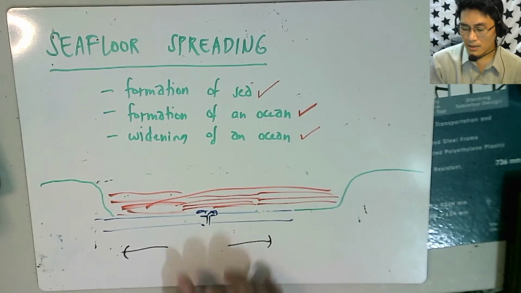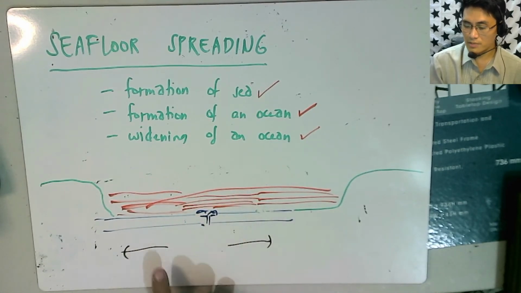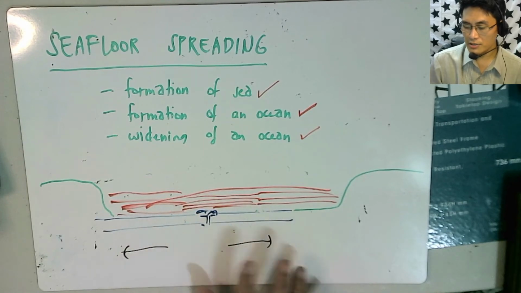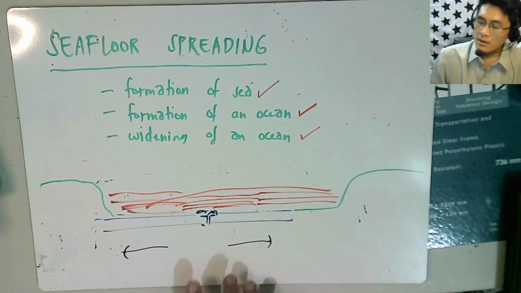That is just caused by divergence, caused by movements in opposite directions of a plate or two plates that are involved, right? Now,